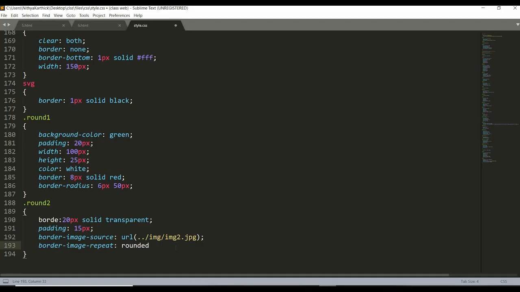Rounded, I hope the spelling is correct. So if you want to repeat in a round format, you can repeat as round, or simply you can repeat, or else you can give stretched.